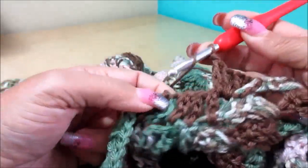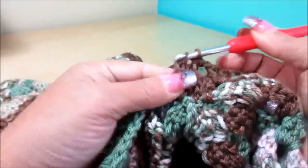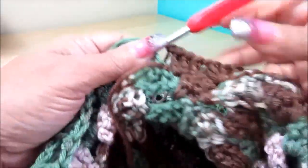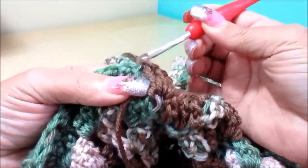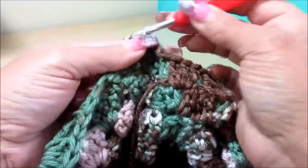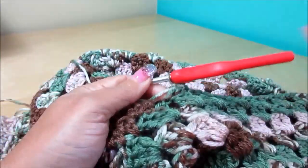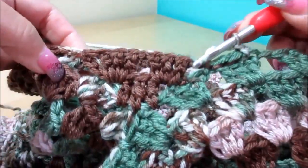Chain 1. Now you go to the other side where you have a space, and you're gonna do your 3. Chain 1. You're gonna come here almost at the same height as this one, and you're gonna do slip stitch. You're gonna go up 3, 1, 2, and 3, chain 1, turn your work around. And the trick is doing the slip stitch in the side of the piece here, that way it'll bring you higher up. So now in that chain, you see you're creating this in that space here, you're going to do